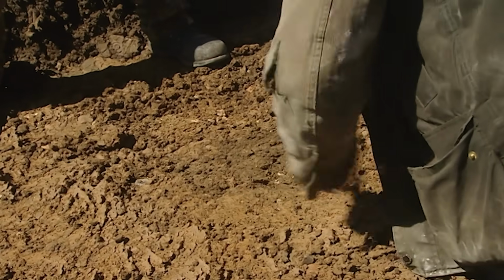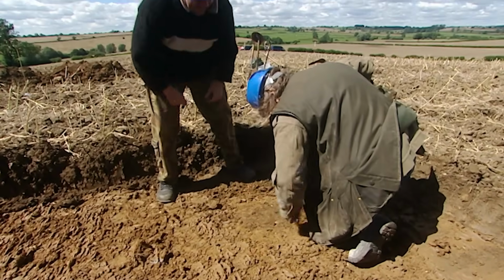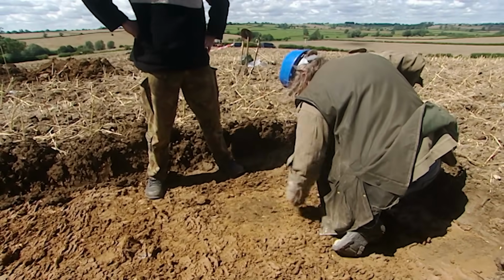Fantastic. Oh, wow. Oh, look at those big lumps of charcoal. Yeah, that's it. We're in the money. I think we are. Two post holes in a line. That's a building. Well, I think that might be a...